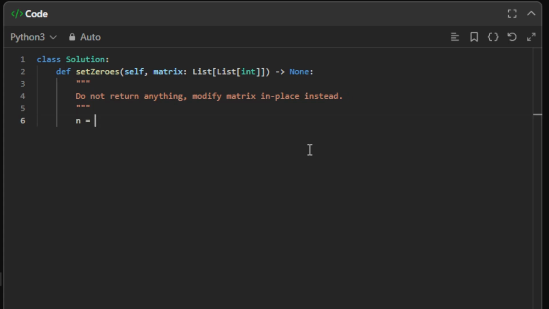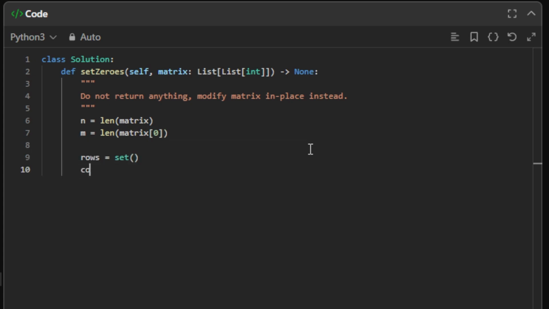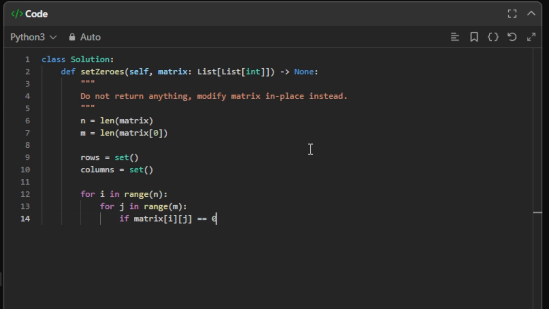So first n equals length of matrix, m equals length of matrix at 0, rows is set, columns is another set, and for i in range n and for j in range m, if matrix at i j is a 0, we add to rows i and we add to columns j,